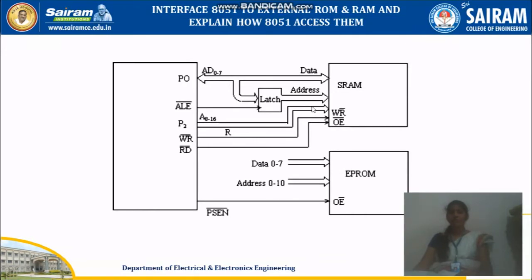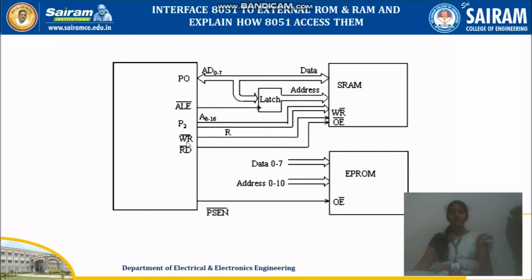So it is your address bus which is responsible to access the external memory. So it represents the external memory address. Now next we need to say whether we need to read the data or write the data. So two signals are required, read signal and write signal. This is also active low signal. Based on the specification, we will come to know whether it is an active low signal or active high signal from the specification sheet and the manufacturer's data sheet of 8051. Here it is an active low signal.